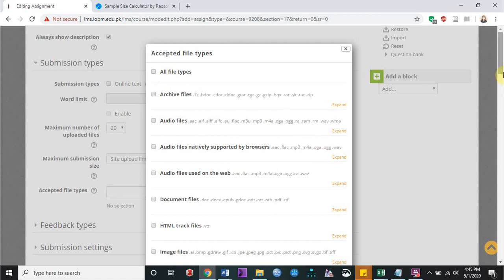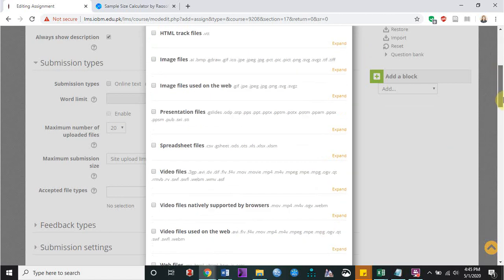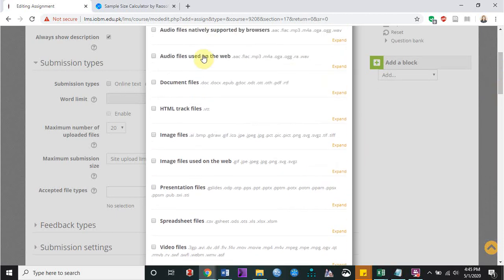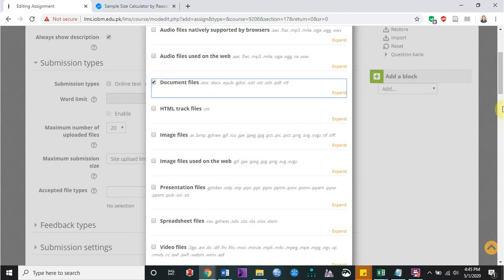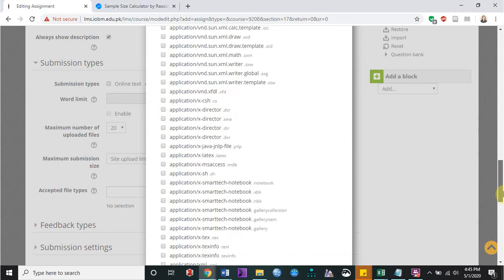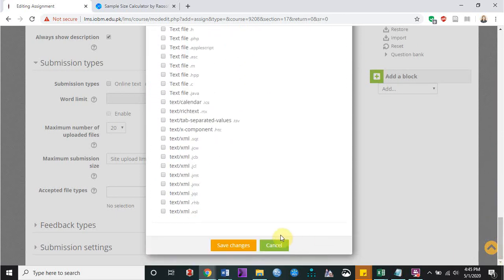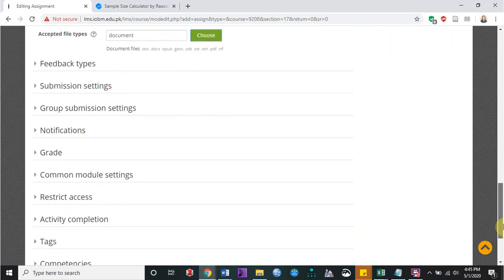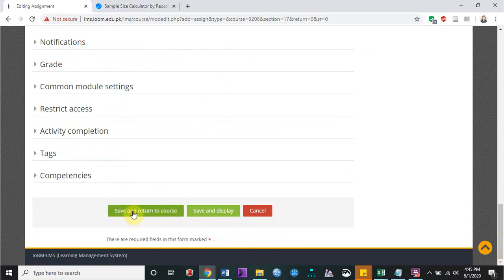However, if you want the students to submit a Word document only, then select this option, scroll down, save changes. Now students can only upload a document file that is in Word format. Save and return to the course.